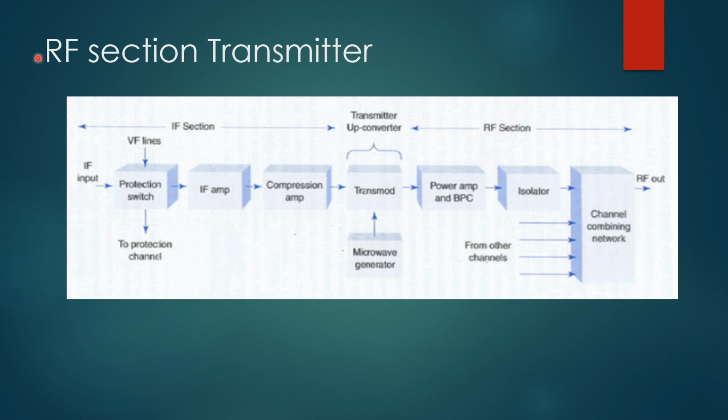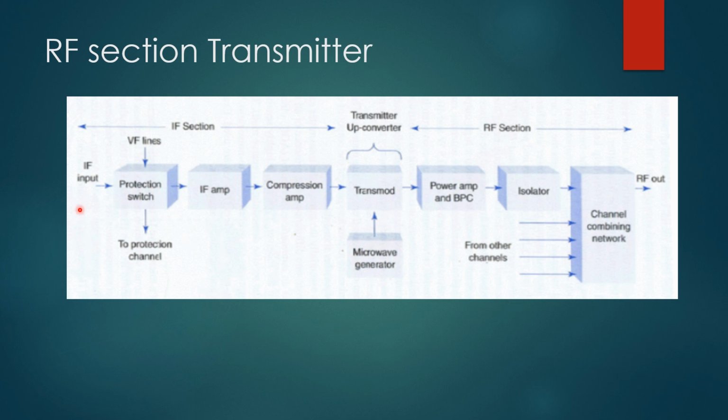In the case of our microwave terminal station, we have to see the RF section separately. What all components were there in our terminal station? We had a baseband section, then we had a wireline entrance link which was connecting our baseband and our IF section. After doing the frequency modulation and bringing it to IF, we need an RF section. So this RF section is shown here. At the input we will be having an IF signal which has to be up converted to RF, and at the output we have an RF out, which has to be given to the receiver part.